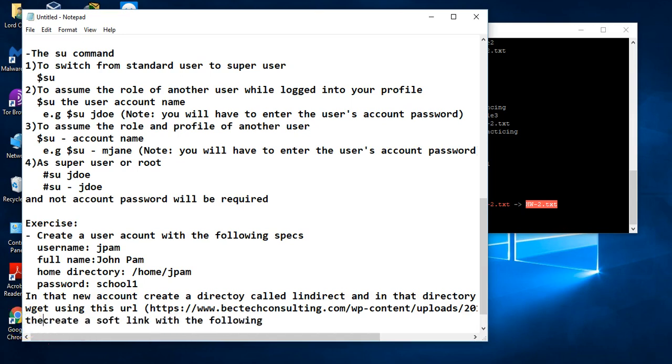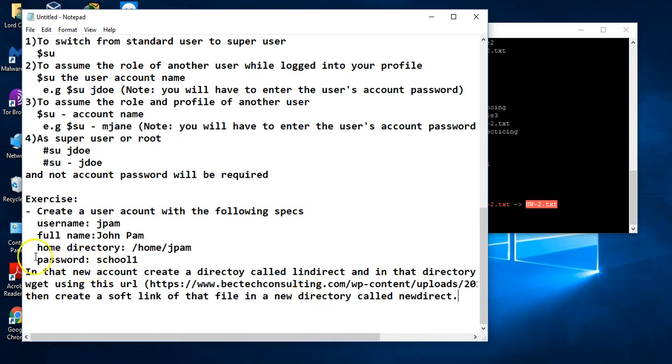Then create a soft link of the file in a new directory called direct. Okay, good. So that's the exercise,